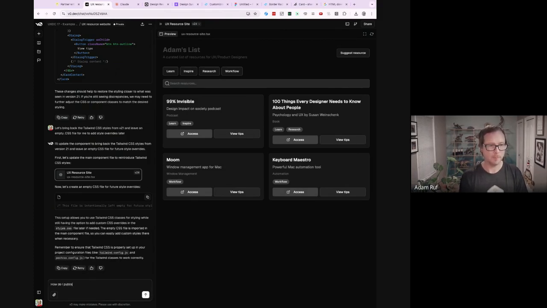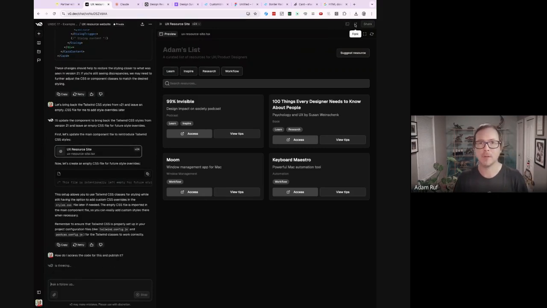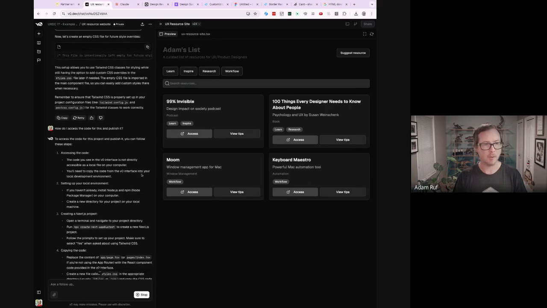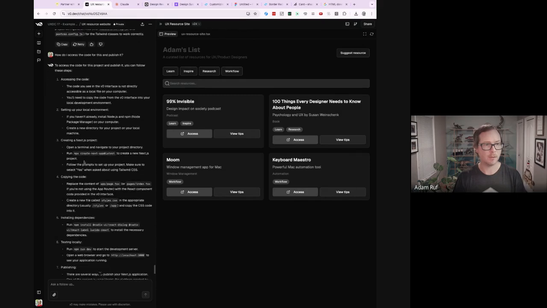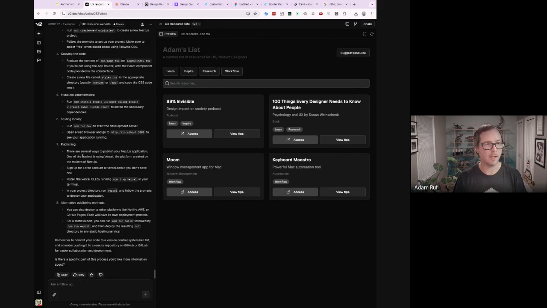So how do I access the code for this and publish it? So there's this add to code base, there's a fork, and there's a share. But I'm just going to ask V0 to see what happens. Access the code, you can follow steps. Accessing the code you see is not directly accessible as a local file. You need to copy the code from the V0 interface into your local dev environment. Set up your local environment, Node.js, all this stuff, create Node.js project, copy the code, install dependencies, test locally, dang,